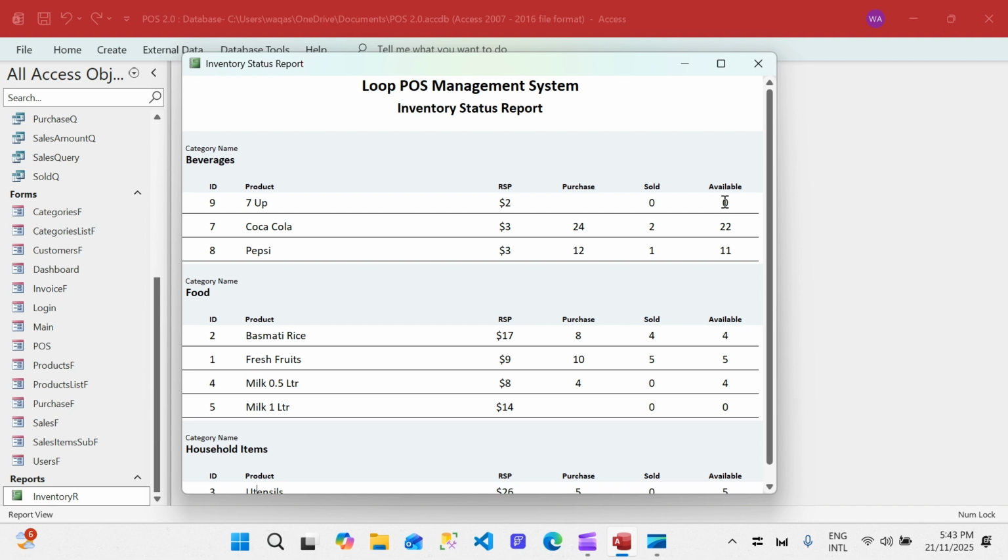Let's say if the available quantity is 0, we want to show it red. If the available quantity is 1 to 5, we want to show it as amber, or if the quantity is 5 and above, we want to show it in green color. Now this is very static